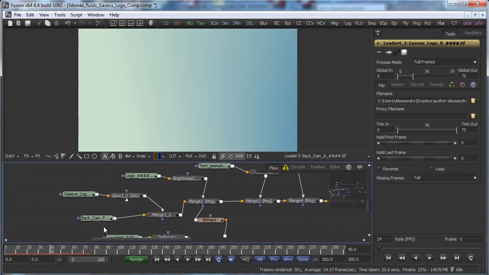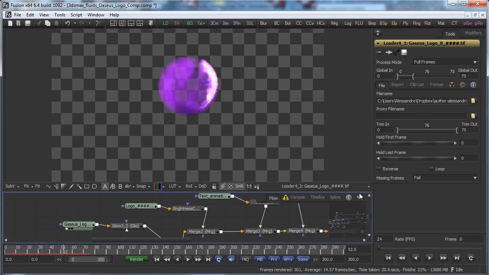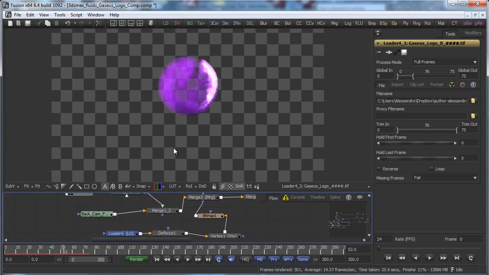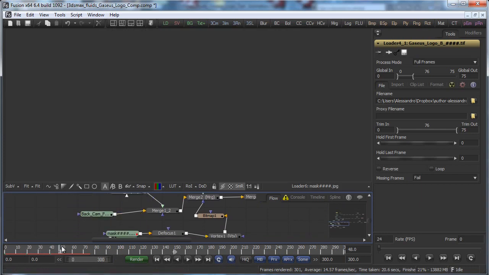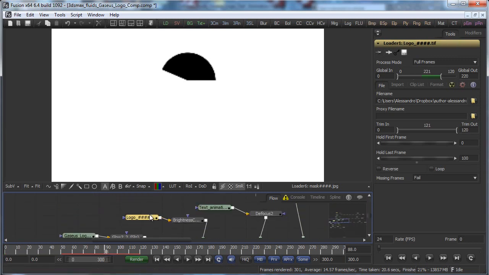And then the lattice camera, where we have a really nice looking compositing. There we have just the background. There we have just the fluids. We can see it a little bit bigger. And then we have, for example, some mask to control the appearance. And we have the